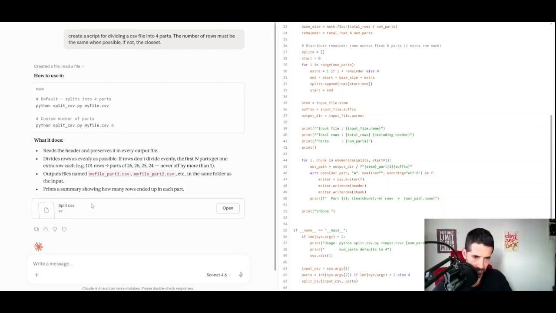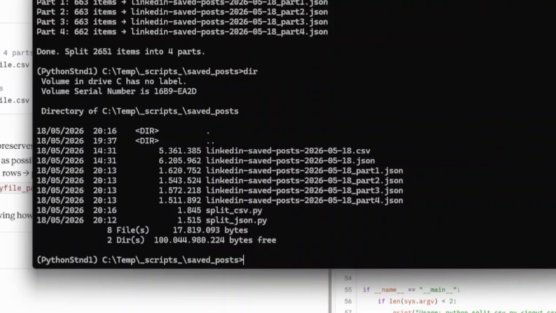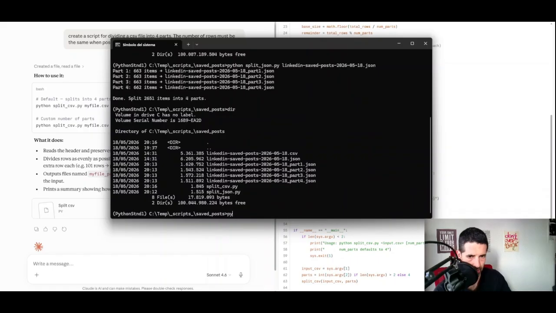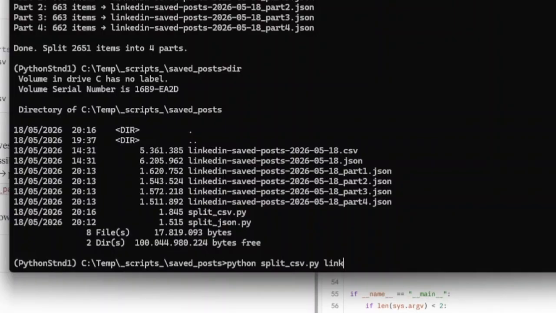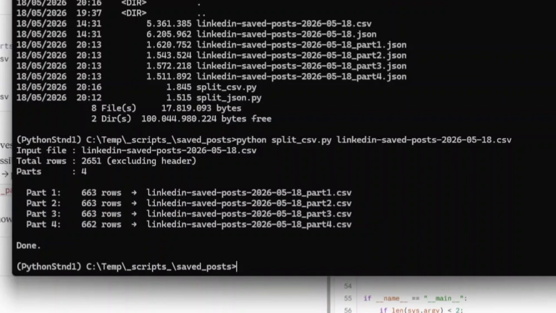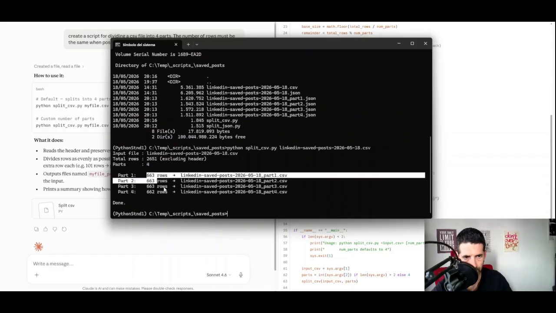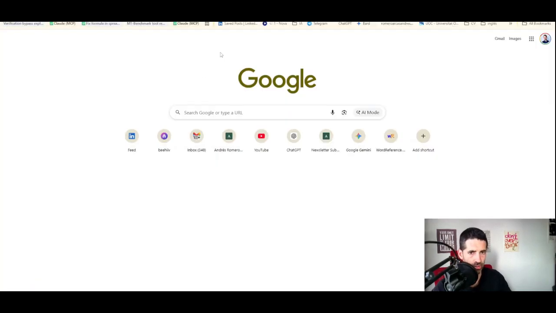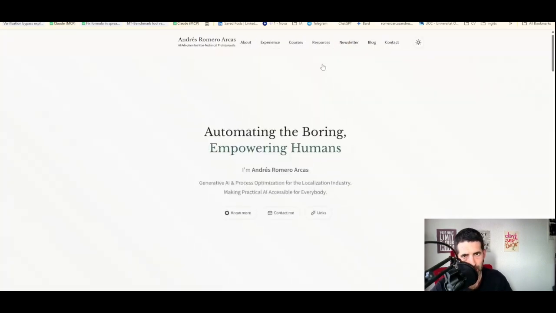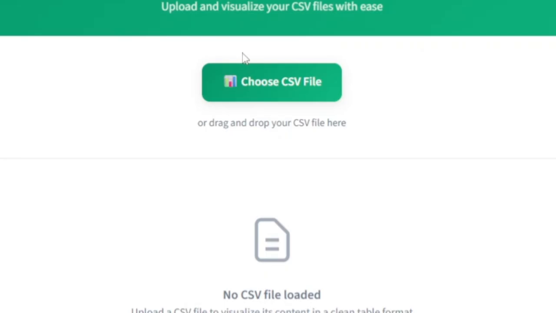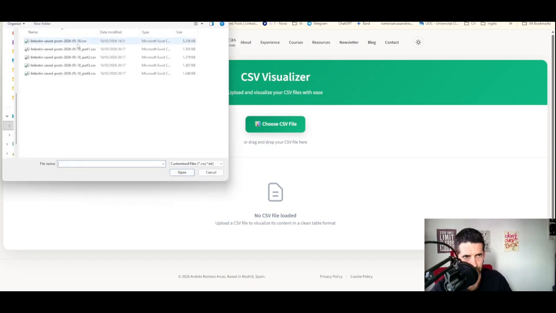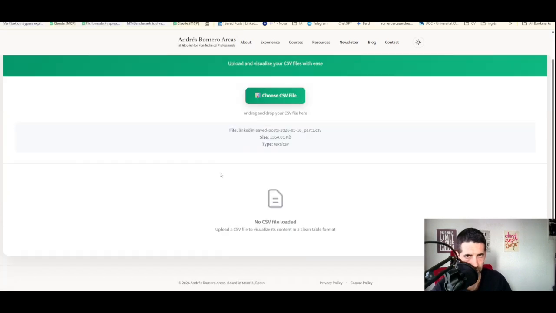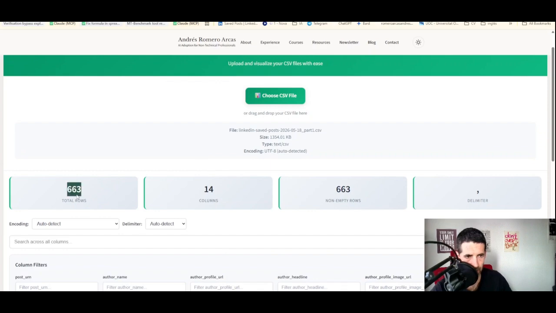So I download the script. If I go to the directory, we have the script here and the file there, and it does it again in the same way. Let's check if part 1 has 663 rows. So let's use the CSV visualizer. We select part 1, it is loading the content in the browser, and here we see it has